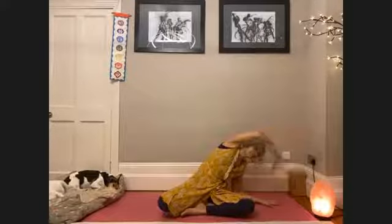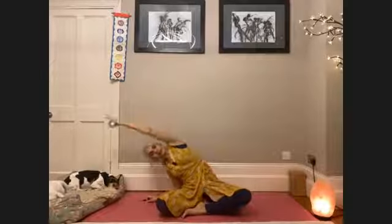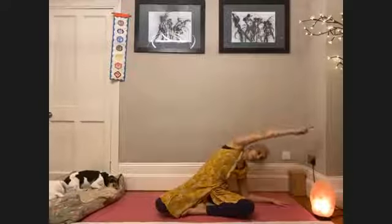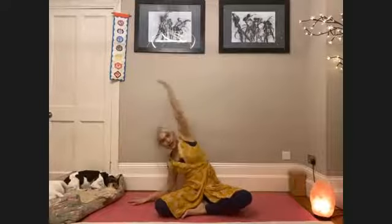Inhaling to come to center. Exhaling to flow up and over. And if you wish, you can bring your forearm onto the earth, or you can leave your hand on the earth. Last time. And then back to center. Inhale, let's come into our